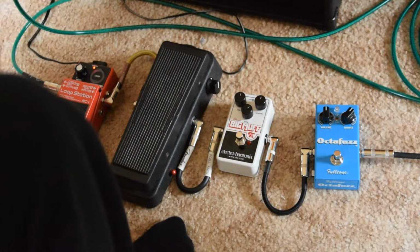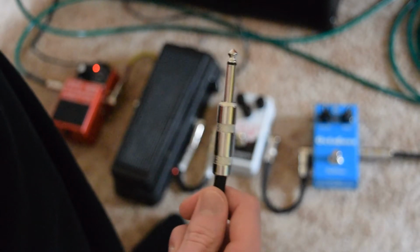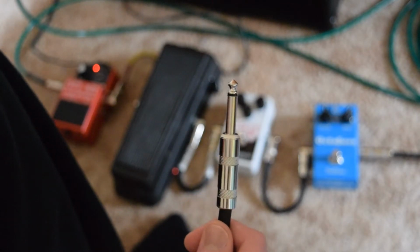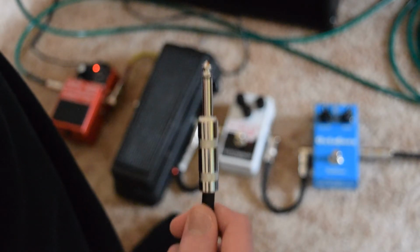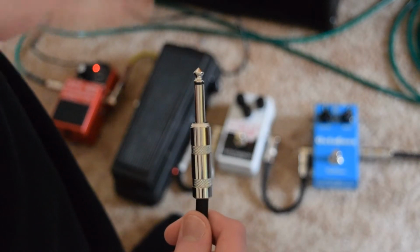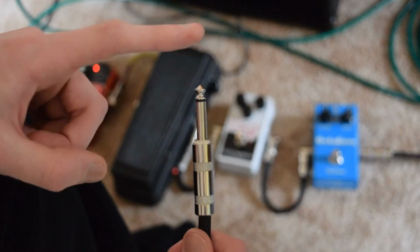And there's also another effect that I use for Malfunction that is really going to be awesome. Okay, so this is a guitar cable, and I use this in my song called Malfunction. I used it for the intro. This is actually pretty cool. What you do is you just have a regular cable like this, and you just put your finger over the top of it,